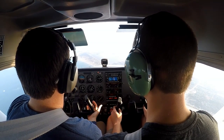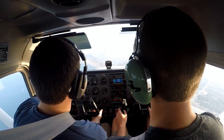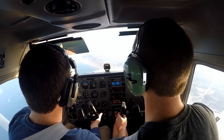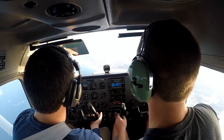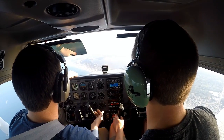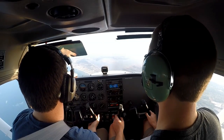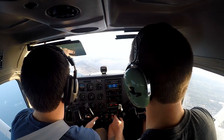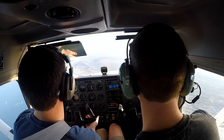Curtis out traffic, Cessna 2 Hotel Alpha, taking the active runway 23 to take off. We'll be northwest. You can see the monument that's right here, actually. Oh yeah, I see it. Just up on the hill right there in that open spot, and then that open, long, narrow strip of trees is the runway. See it? Yep. I even want to say they have a grass strip next to it, but I'm not sure. Yeah, I think it's a concrete runway. It's concrete, yeah. I think it's wide enough, though, where they allow people to land on the grass. Not entirely sure, but...